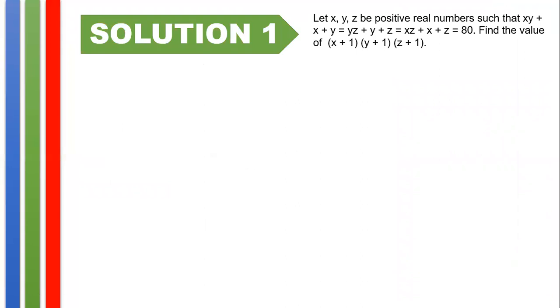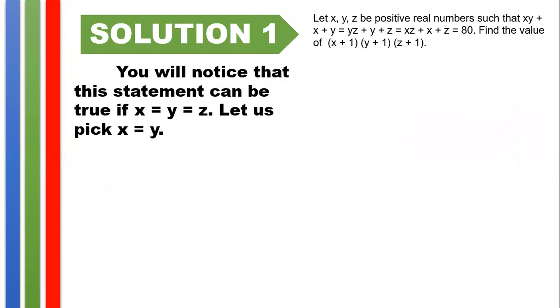I will present to you two solutions. For the first solution, you will notice that this statement can be true if x equals y equals z. Take note that for this particular solution, I made the assumption for now that all three numbers are equal. How about if x, y, and z are equal? And so for the first equation here,